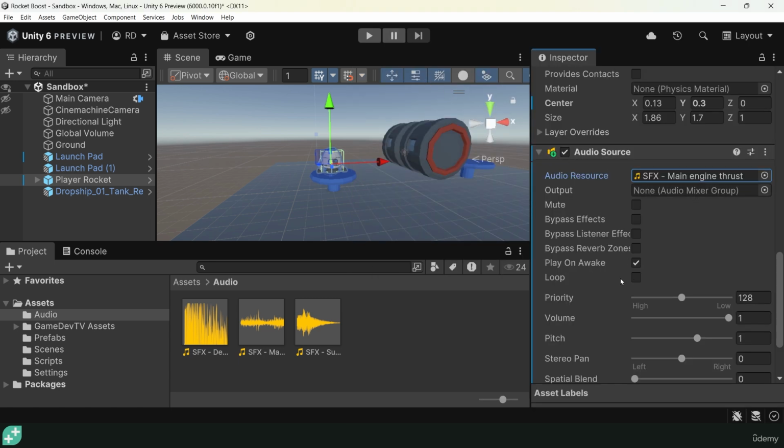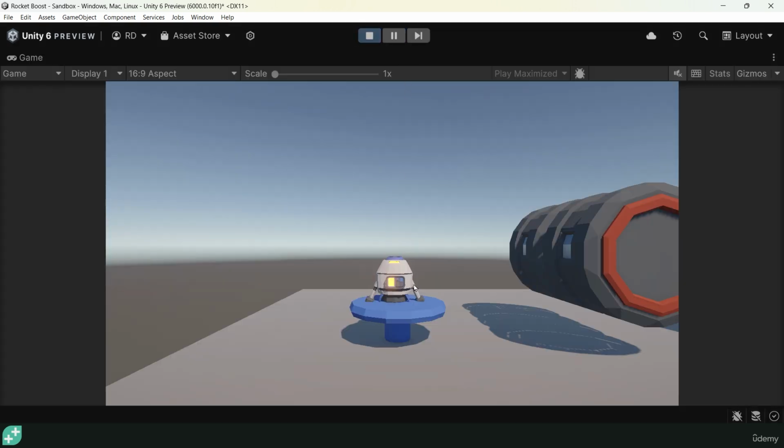There's two other things I want to show you here before we wrap this up. There's play on awake, which basically means the moment I click the play button, this sound effect will start to play no matter what's going on, so long as this game object is in the scene. Because this game object's already in the scene, essentially when I click play,